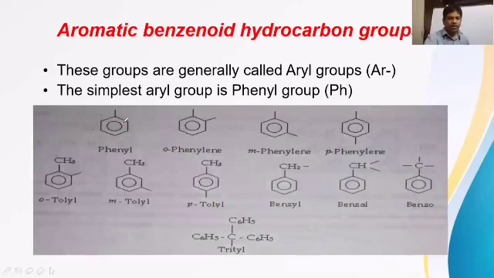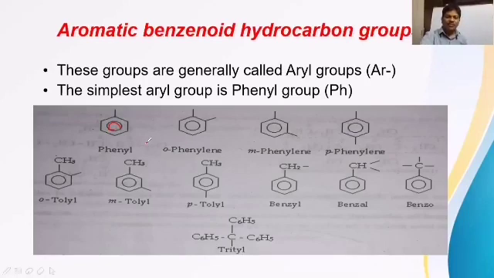And here, if you observe the different types of aromatic benzenoid hydrocarbon groups, the first example is phenyl. In this phenyl group, one hydrogen is removed from the benzene molecule. So we got phenyl. The circle inside the benzene nucleus indicates what? The rotation of double bonds. Three double bonds are there inside the benzene nucleus, and the three pi bonds are rotating, which is why we have the circle inside. So benzene minus 1 hydrogen gives phenyl.